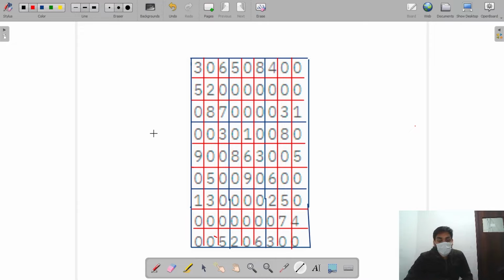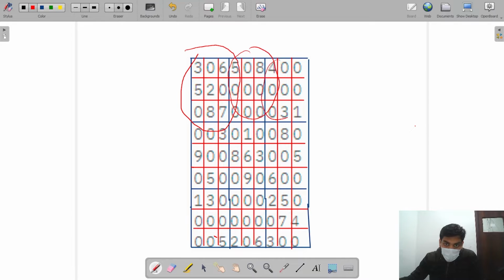Today we are going to learn how to solve a Sudoku using bit manipulation. So basically here we would be having a Sudoku. It's a 9 cross 9 Sudoku. See the blue borders, what do they represent? These blue borders represent the grids. See, this is grid number 1, grid number 2, grid number 3, then grid number 4, grid number 5, grid number 6, grid number 7, grid number 8 and grid number 9. These are 9 grids,